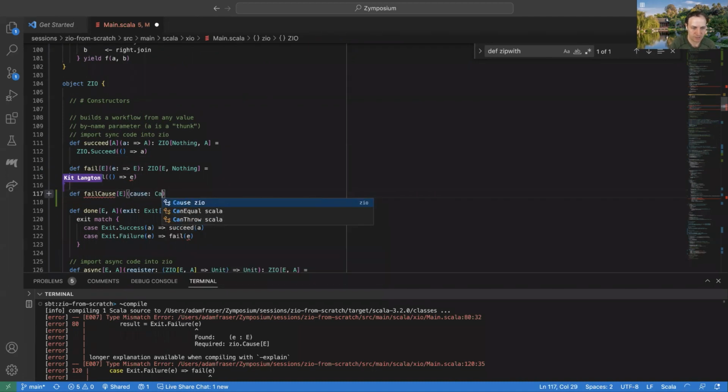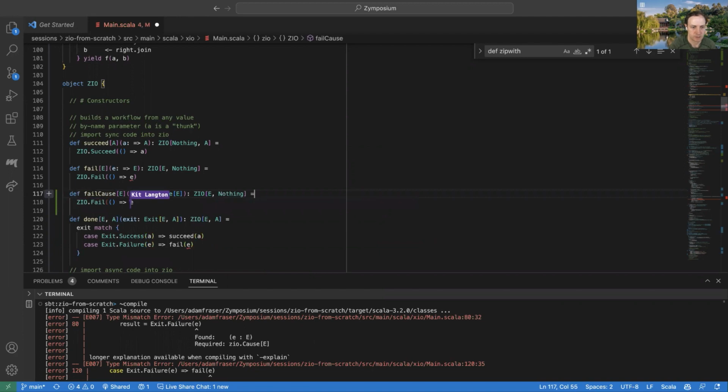And then I'm going to implement a richer version of this cause constructor that I'll call fail cause. And this will just let me specify a cause. And now this can just be that.